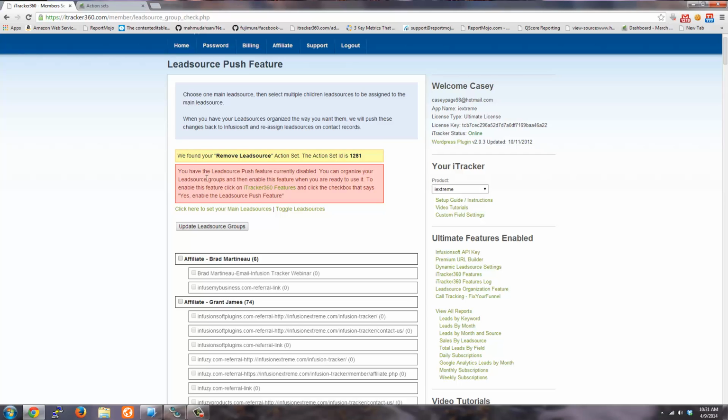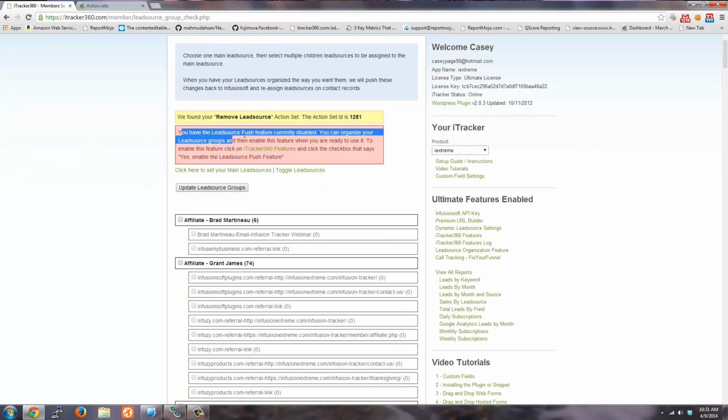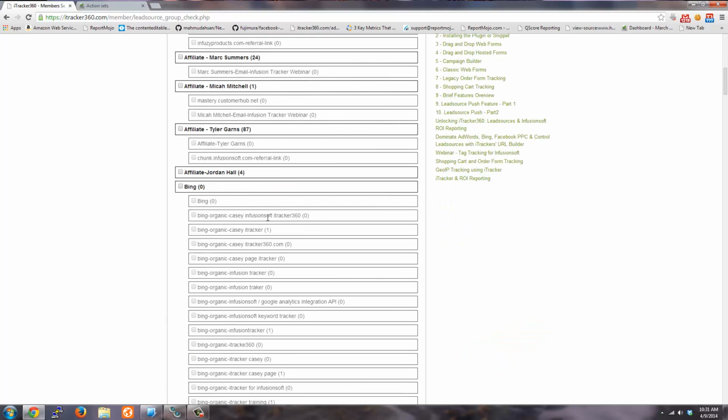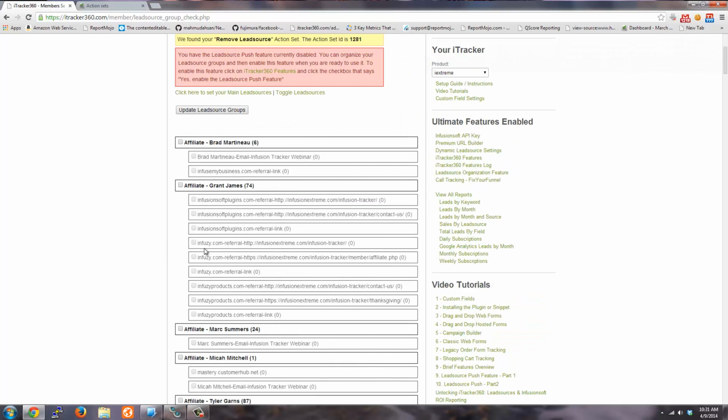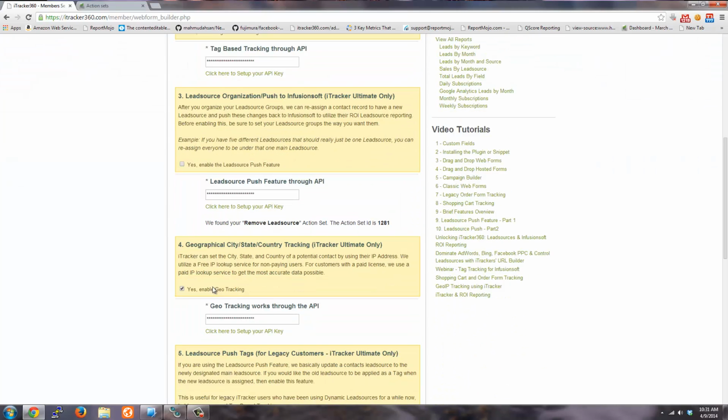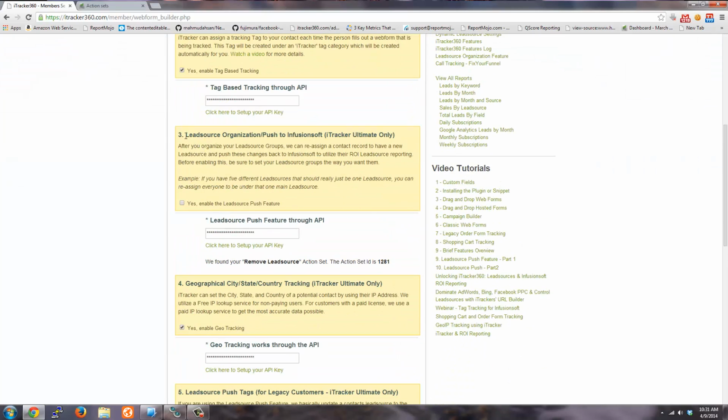So that's the remove lead source, and then the next step it says you have the lead source push feature currently disabled. So this is good if you don't want any of this stuff pushing. You can just turn it off really easy. You can just go to the iTracker 360 features and then scroll to step number 3 and then just enable it. So just check this box and enable it,